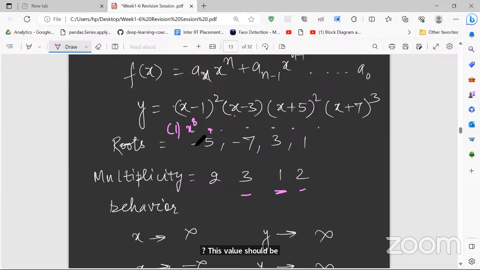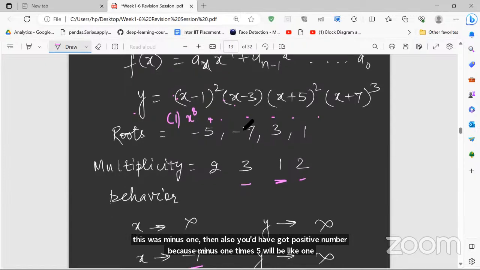Okay, sir, got it. So we have to calculate the whole power? No, you just add the powers of the leading x and check the coefficient. For example, if this was -1, you would still get a positive number, because (-1) squared is 1 again. But if this was -1 here, you would get a negative coefficient, and so negative infinity. This is what you have to check, because we take -1 common.